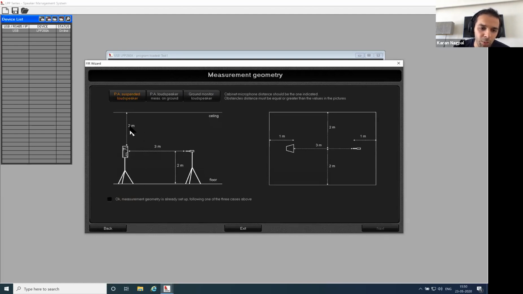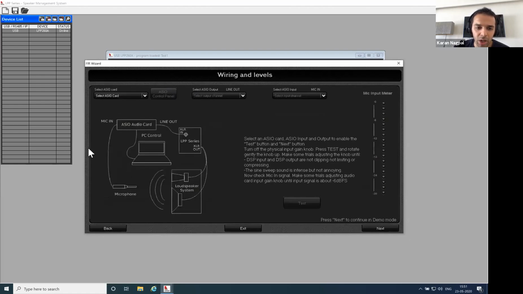तो आपके speaker के ऊपर 2 मीटर के ऊपर reflection होना चाहिए. Measurement microphone से speaker तक 3 मीटर, height 2 मीटर नीचे तक. So it's basically making sure that so इसको एक बार आपका geometry set है, ये आपका room का measurement है. You can just say okay, my geometry set up, and then just move on to next, and it's going to tell you that this is how you connect your sound card. Pretty simple. ये बहुत ही easy you know solution है. This is if you have your own this thing.